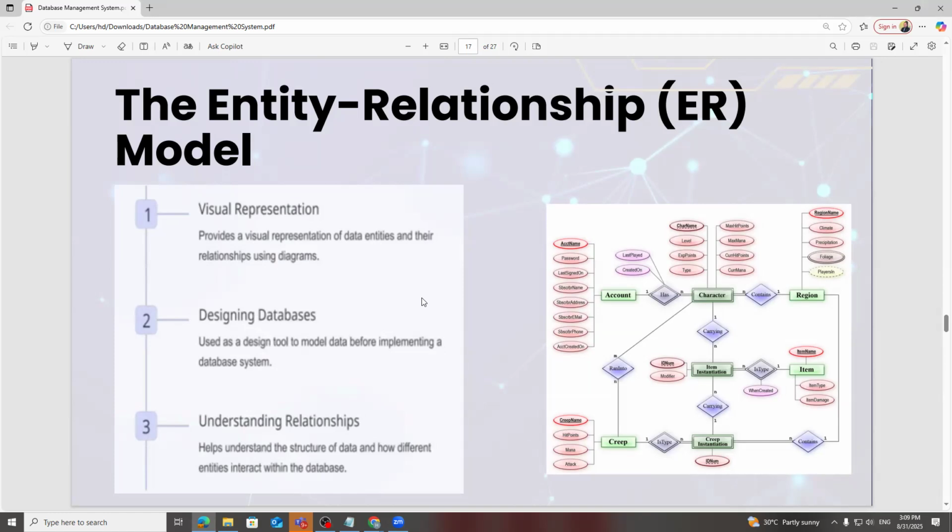There are another three data models that we have to go through. The first one is the entity relationship model. For the entity relationship model, the first thing you should know is that there are so many notations or symbols which we use to represent the entities and